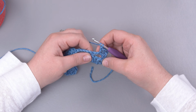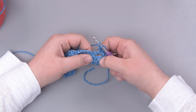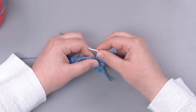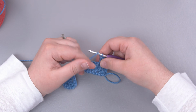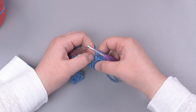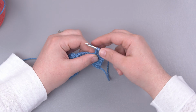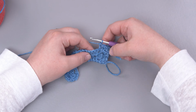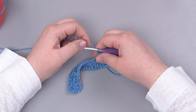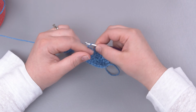and then I'm going to yarn over and insert my hook into the middle of the first cluster of 3 double crochets from row 1. And make the spike stitch. And then I'm going to yarn over and insert my hook into this gap that's still the chain space from row 2. Just kind of got squished down with that spike stitch. Okay. Chain 1, skip over the cluster from row 2,